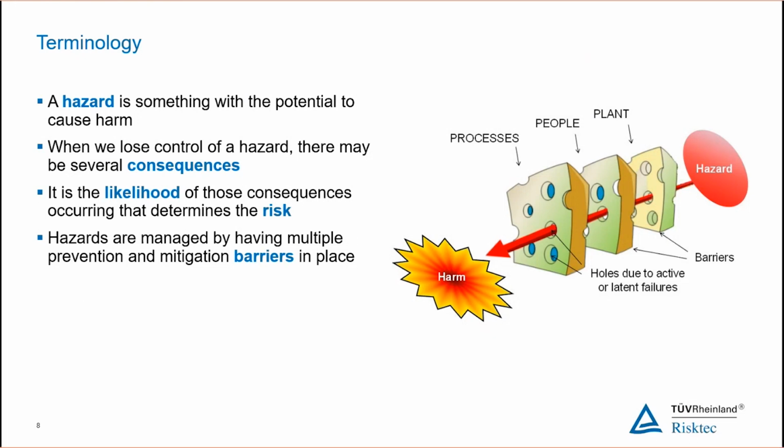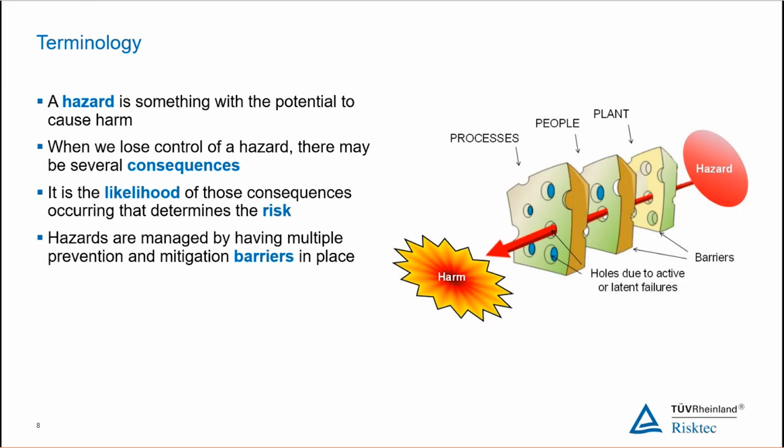I've got them up there talking about active and latent failures. Now, these barriers will have holes in them, the weaknesses within those barriers. You can see there what I'm talking about: active and latent failures. The latent failures might be things that are introduced by failures in design. We haven't identified all of the things that can possibly go wrong, so we don't design against them, or we don't provide the barriers as being robust enough to be able to manage them.